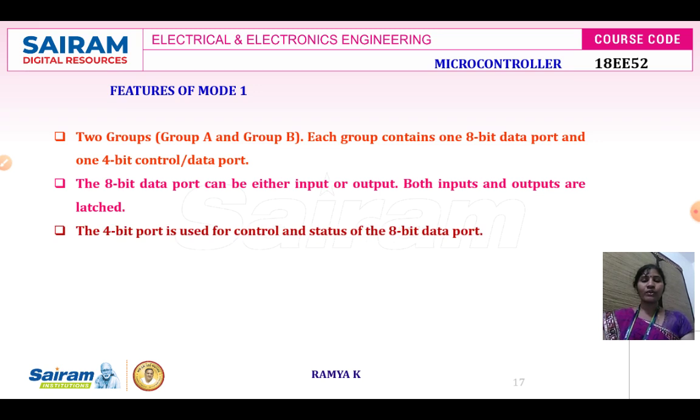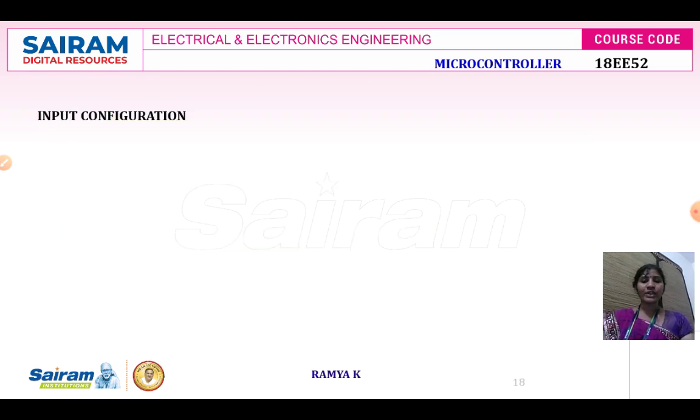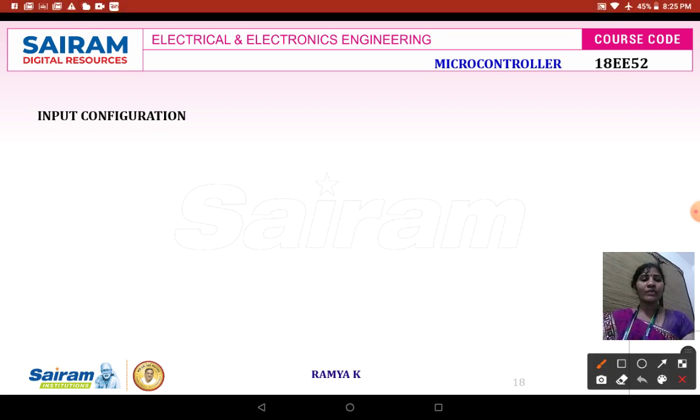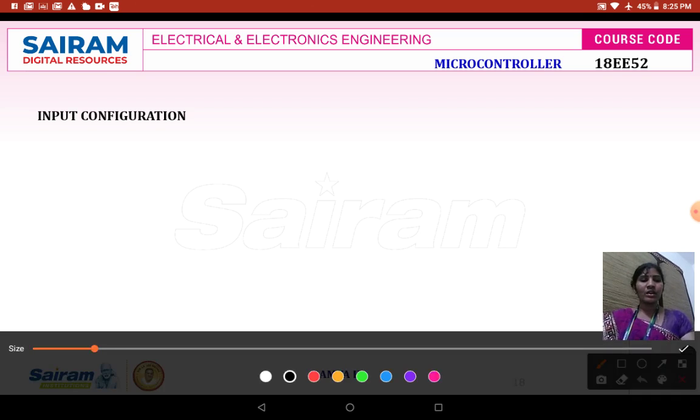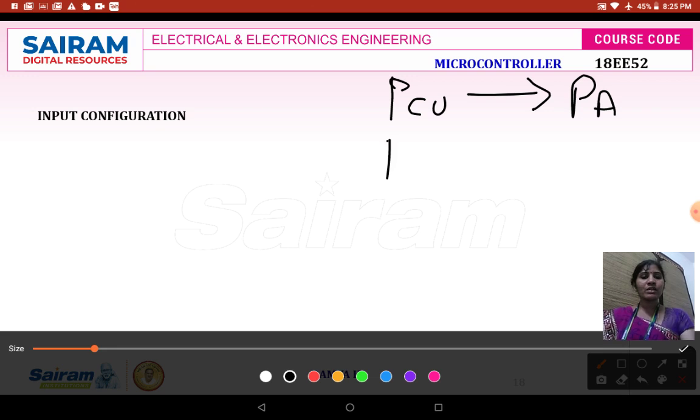The 4-bit port is used for control and status of your 8-bit port. As already discussed, port C upper will issue a handshaking or strobe signal to port A, whereas port C lower will issue a handshaking or strobe signal to port B.